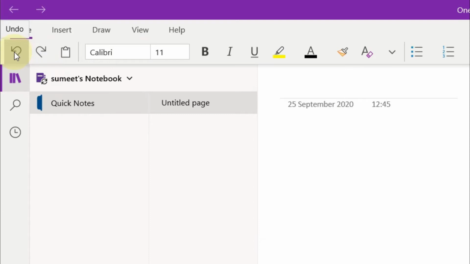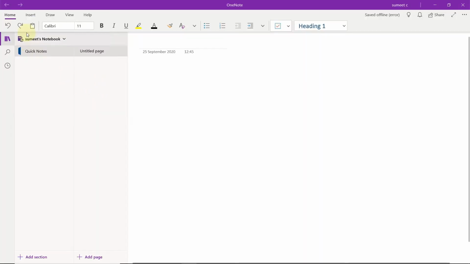The first is the undo feature, which is quite simple. If you press Ctrl plus Z, you will be able to undo whatever you have done till now. Like I am typing a sample statement like the quick brown fox, and I will also type another statement just to give an example of how these various features in OneNote work. So when I press this undo, it erases what I have done in the previous task, and when I press this redo, again it will do the same task which I had done earlier.